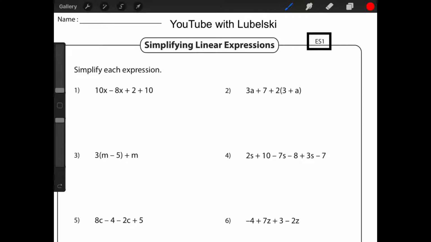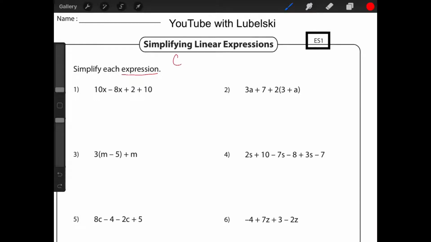We're going to be focusing on simplifying linear expressions, and what that means is I am actually going to be combining like terms, which is the most common way that we say that. For combining like terms in the expression, we can't solve because there is no equal sign. Because there's no equal sign, we are simply combining anything that can be. Now, when you combine like terms,